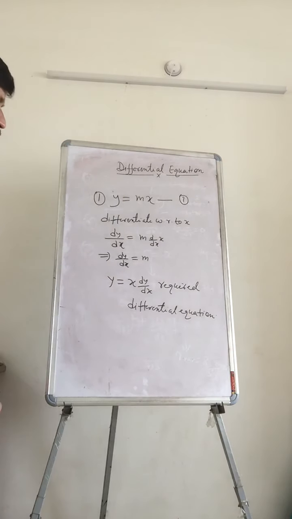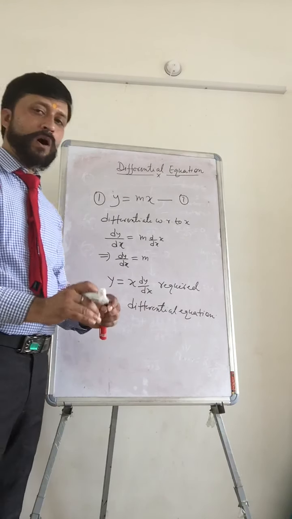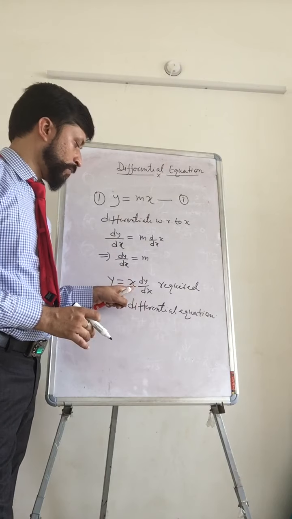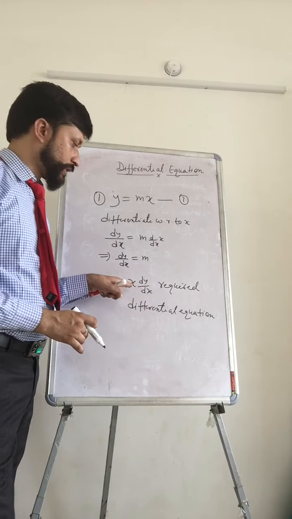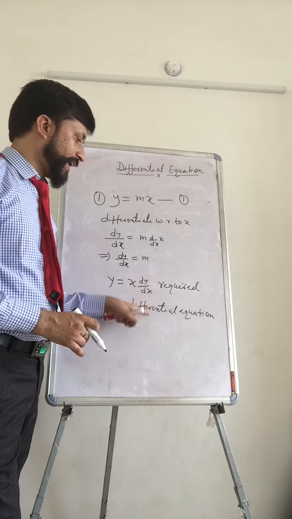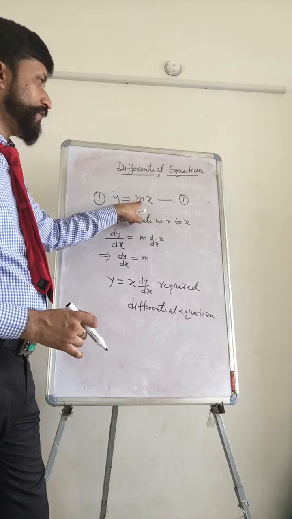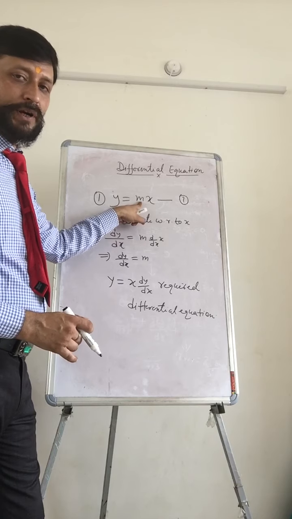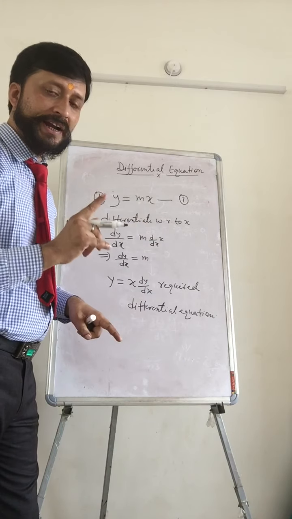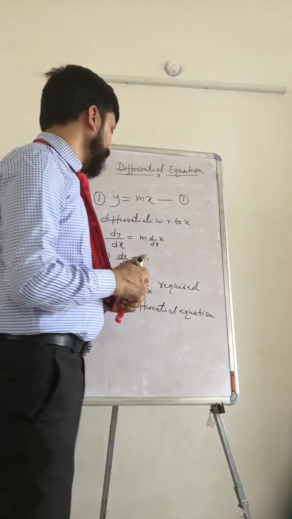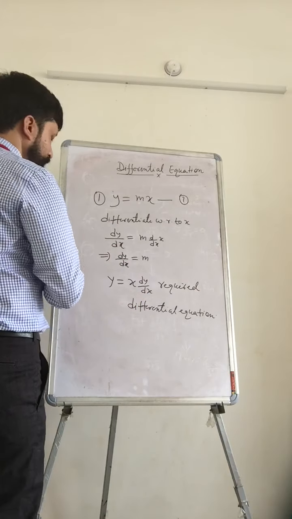So in the required differential equation, there will be no arbitrary constant. See, now no more m is there. So this is your required differential equation. So what you have to do first, if there is only one arbitrary constant, means you have to find the derivative one time. Second example,